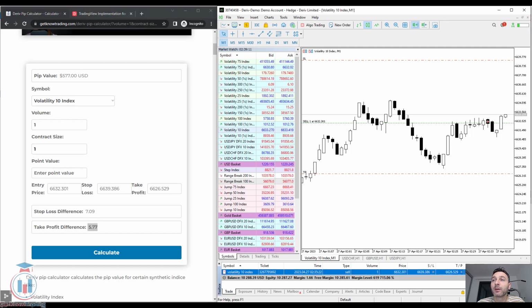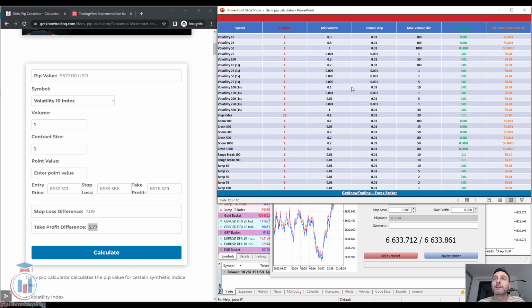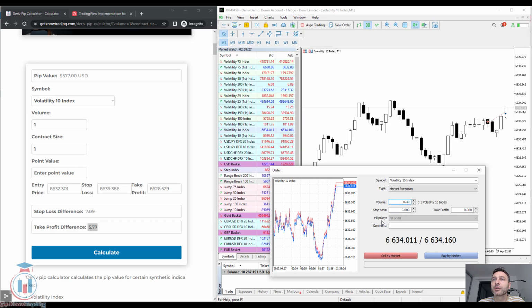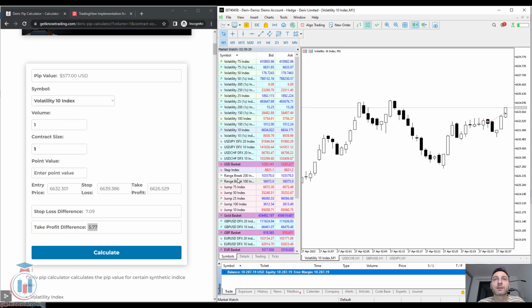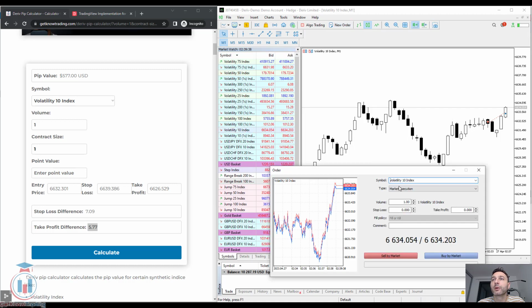So let's, for example, close this one order, open a new one, and change the volume. For example, the minimum one is 0.3 for the Volatility Index. This is visible here inside the table, inside the specification sheet for this one. Let's check again, Volatility 10 specification. The minimum volume is 0.3. Okay, let's open a new order. It will be a buy, and put here 0.3